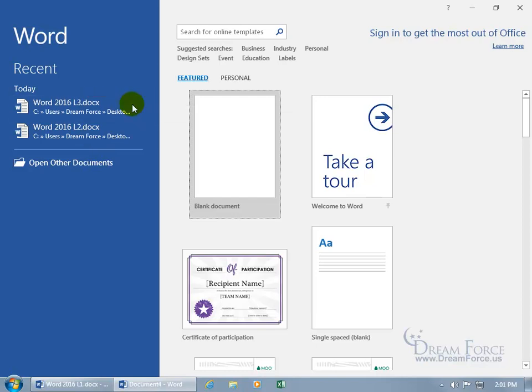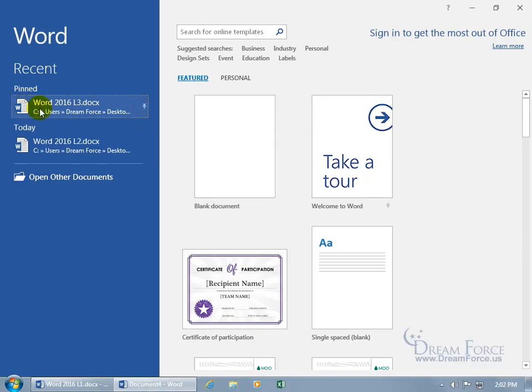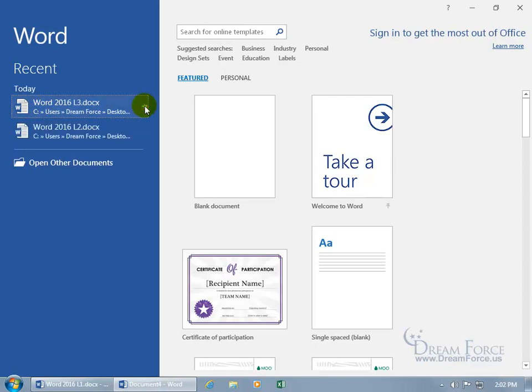And then if you want to keep it there, so when you're opening up a lot of documents, because it's not the most recent one, that it rolls off, then go ahead and hover over it, and then click on the push pin. And you can see now it's pinned, so it'll always be there no matter how many other documents you've recently opened up, until you go ahead and unpin it, in which case if it's not the most recent one that you opened up, it'll start bumping down until it rolls off. In which case, if you want to open it up, then you got to go hunt for it,